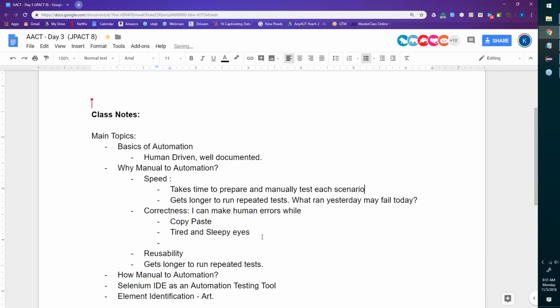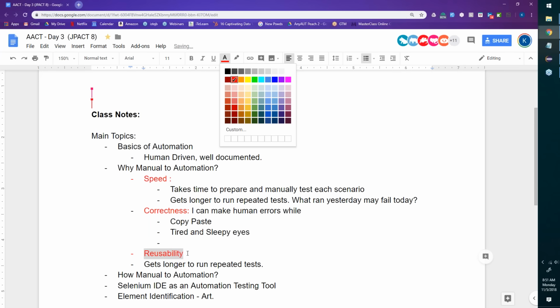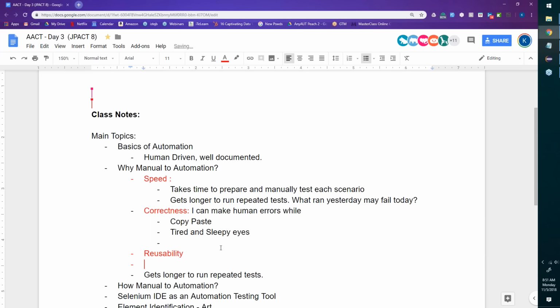So we spoke about speed as an issue with human executions. We spoke about correctness as an issue, and I'm talking about reusability, team. And this is a big problem. When it's a manual process, unluckily, there's nothing much in terms of what we can say as reusability. It is always, we need to start from scratch each time.